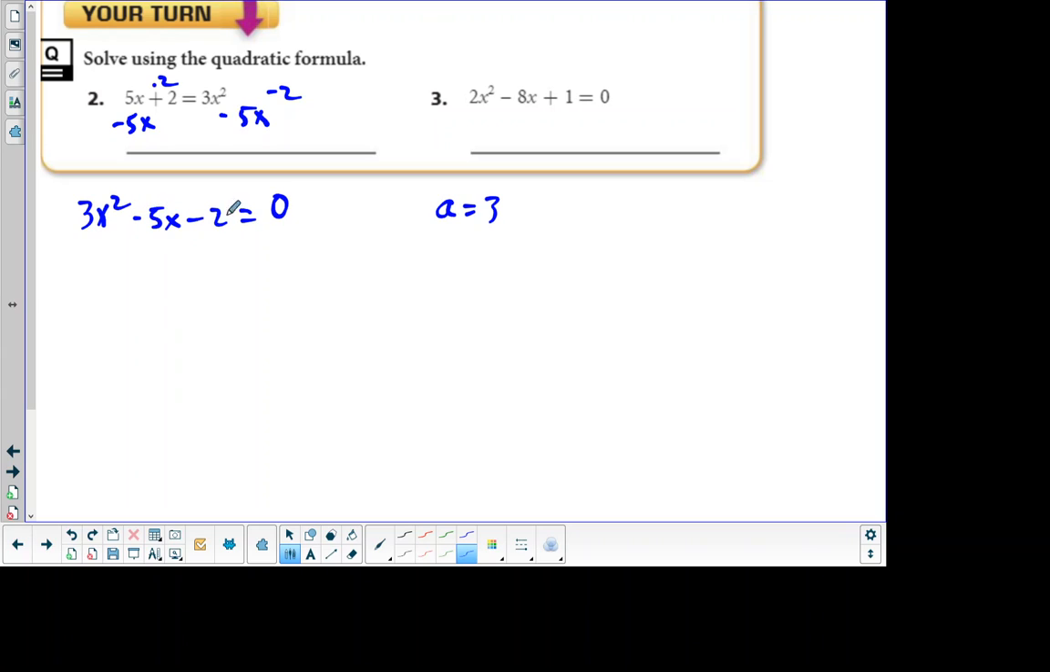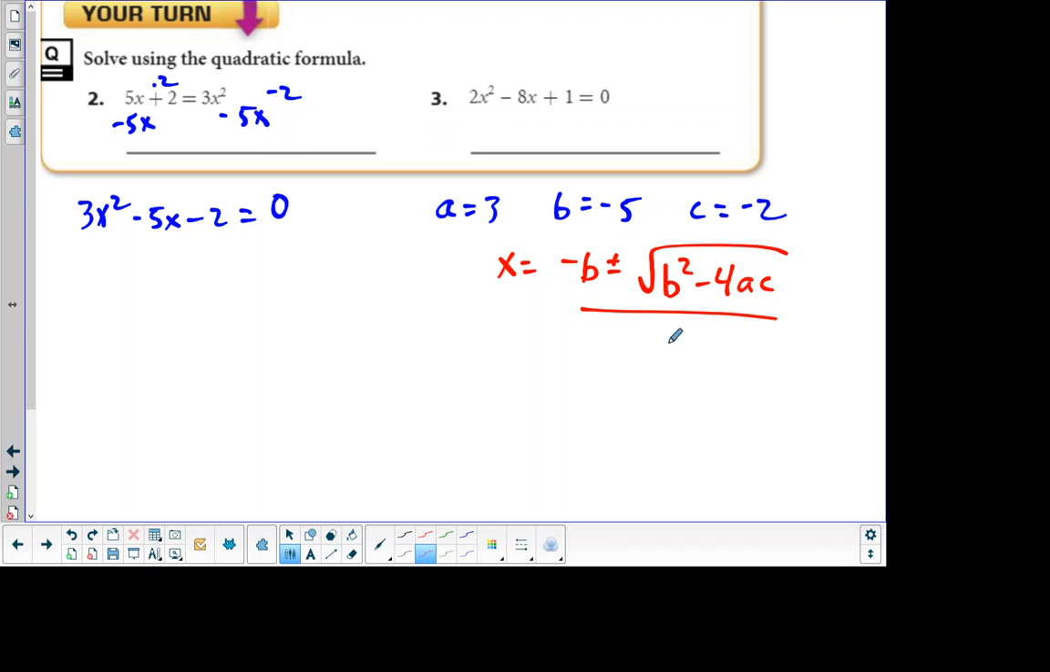It says minus 5x, so that means b is negative 5. And then c is negative 2 because it says minus 2. Now we're just ready to substitute into the quadratic formula. The quadratic formula is x equals negative b plus or minus square root of b squared minus 4ac all over